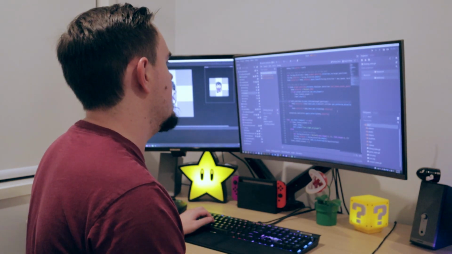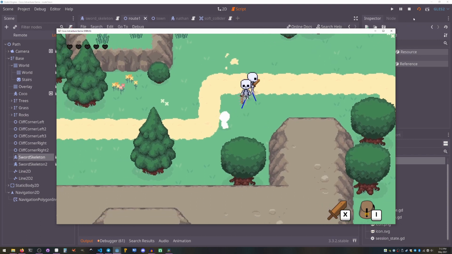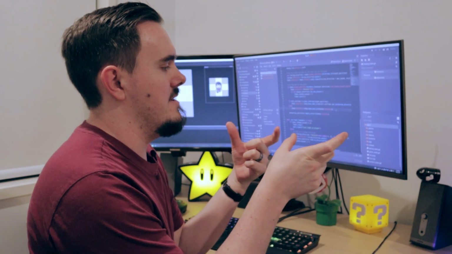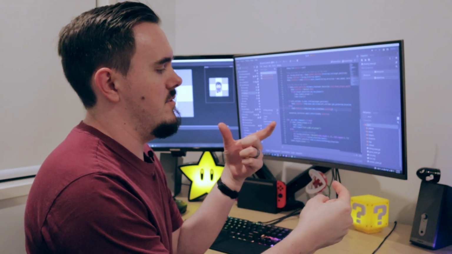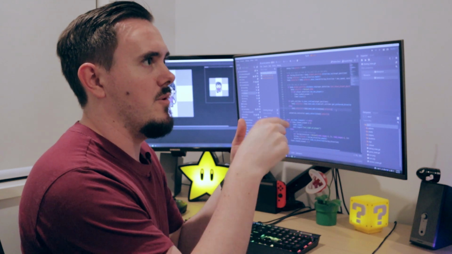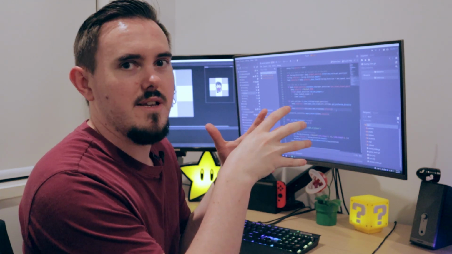So long story short, it fires a whole bunch of rays around it to work out whether it's colliding with a sibling, like two skeletons hitting each other. And what it will do is, based on where the player is, it will do a dot product from that line to work out which ray is the best one to go in, but offsetting that by any ray that's colliding with a sibling, if that makes sense.